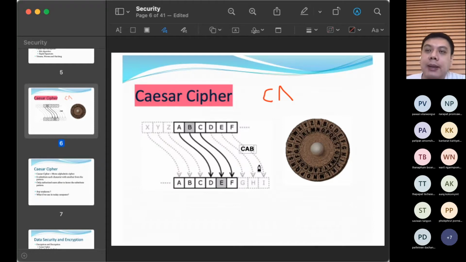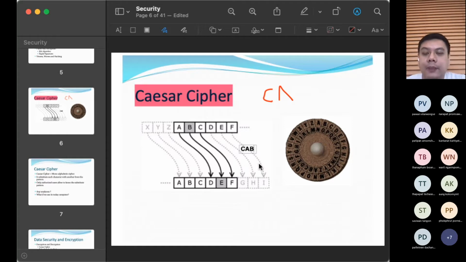If you send CAB with the Caesar cipher, it's probably going to be a code like, hey, we want the cab to strike and attack another city, something like that. The idea is that we don't want this message to leak to other people, especially our enemies, or the opposite side. Thinking back to those old days, they probably didn't have a network like today. They would use horses, or people running to deliver the message to another person.